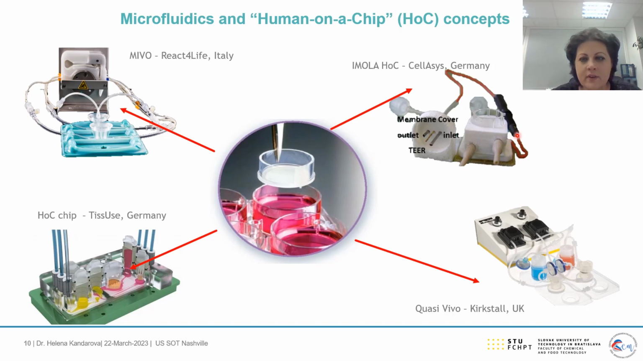On this picture, you have examples of 4 technologies that I had a chance to see or worked with. There are 2 that are basically relatively simple microfluidic systems. They are enabling the circulation of the media in the system. This is the MIVO device or the Kirkstall device, and they are basically helping to achieve more physiological conditions in the testing system. Then we have something that is more advanced, and these technologies are called organs on the chips,